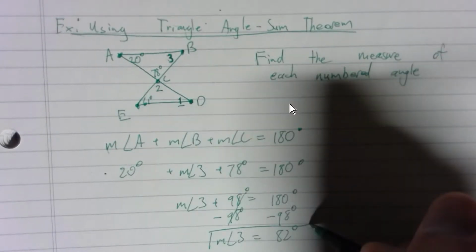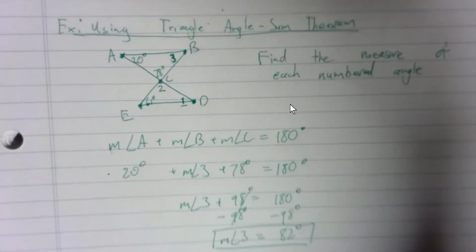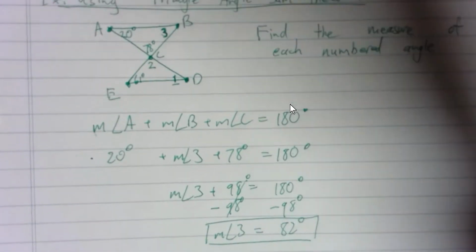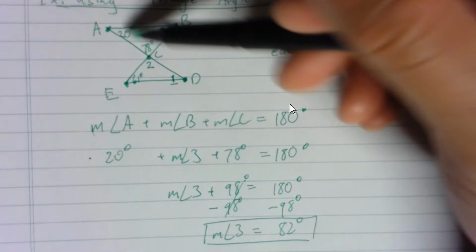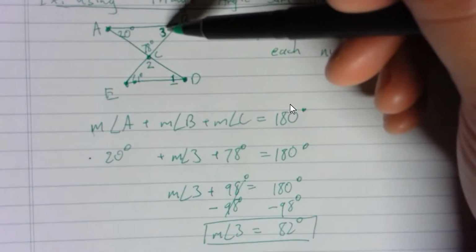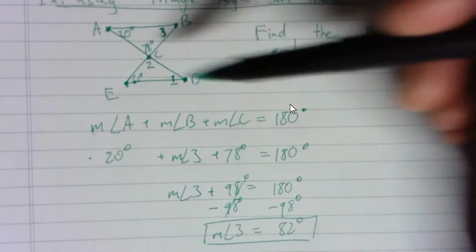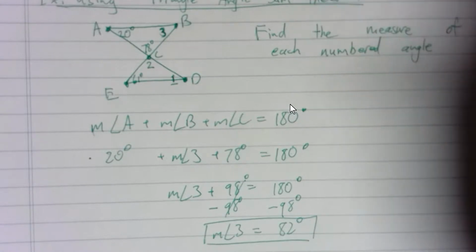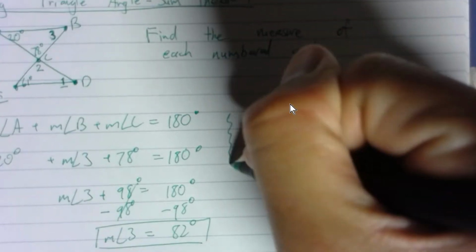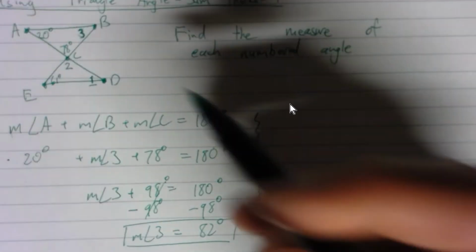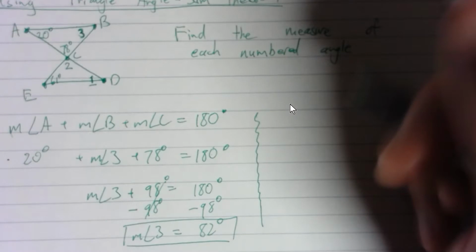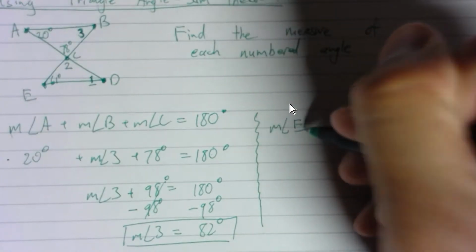Okay, not bad. So we got 1 angle so far, but how do we solve the rest? That was really easy because I had 2 of those angles known, and then I just solved for 1 unknown angle. Here I have 2 unknown angles, so that's going to give me some problems. I'm going to draw a little squiggly line. You don't have to do it this way, but I'm going to apply the same concept to this triangle, which is the measure of angle E plus the measure of angle